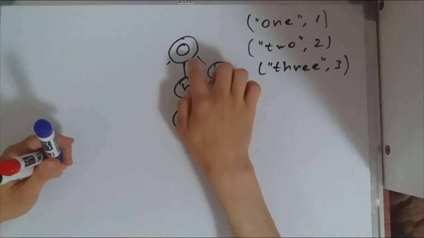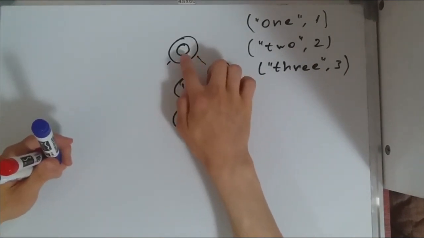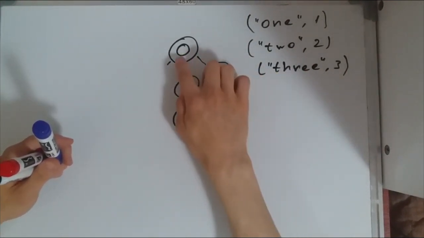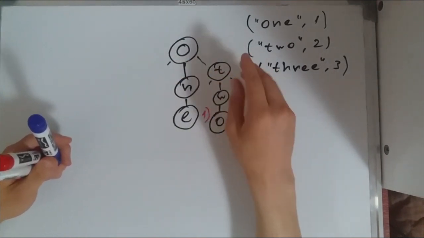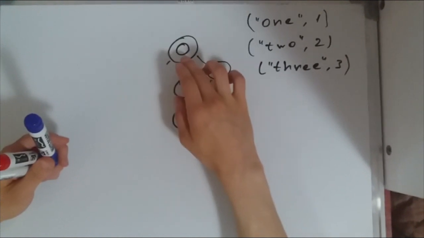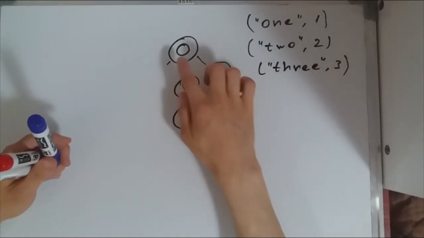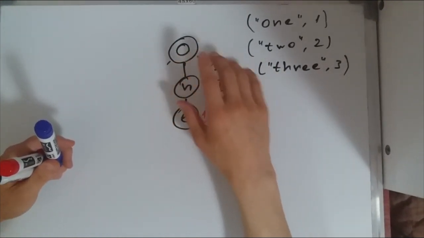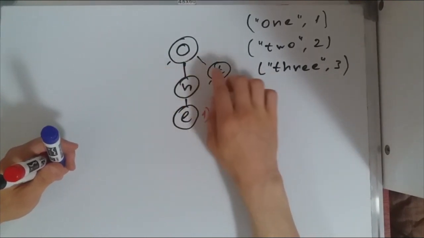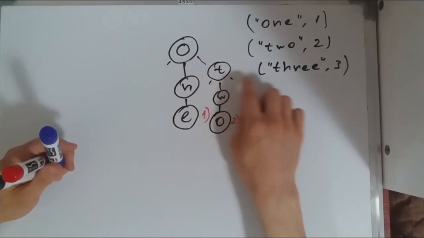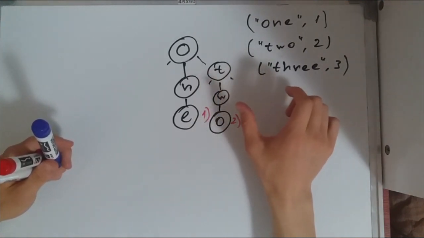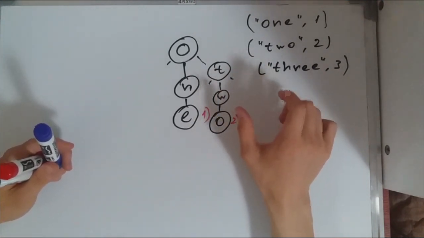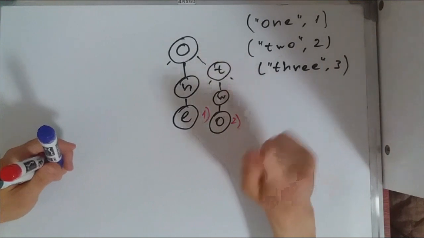Again, we start with the root node. We are comparing T with O. It is not a match, so we compare T with O again, and T is bigger than O, so we move to the right. Here we are comparing T with T, and we can see that it is actually a match. It means that we actually